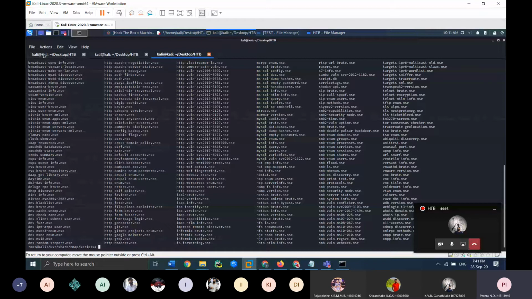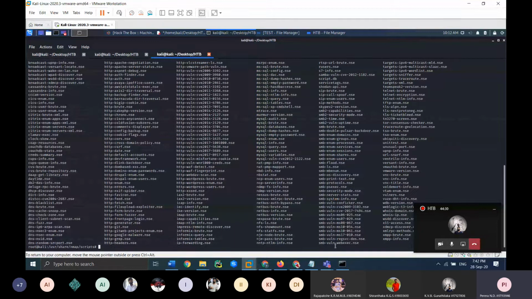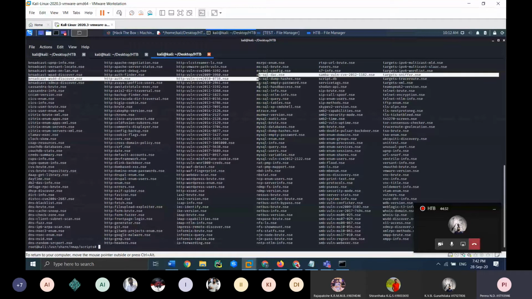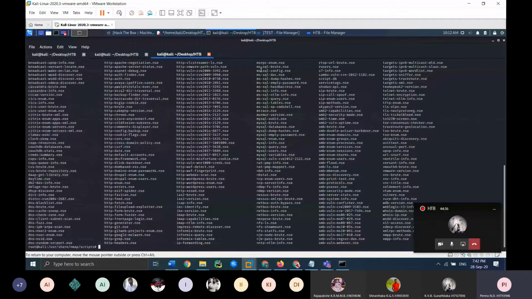You can use these scripts to find specific vulnerabilities. Here you see all the SMB scripts. You can also use scripts to find vulnerabilities in MySQL and HTTP, which are used specifically for web servers.